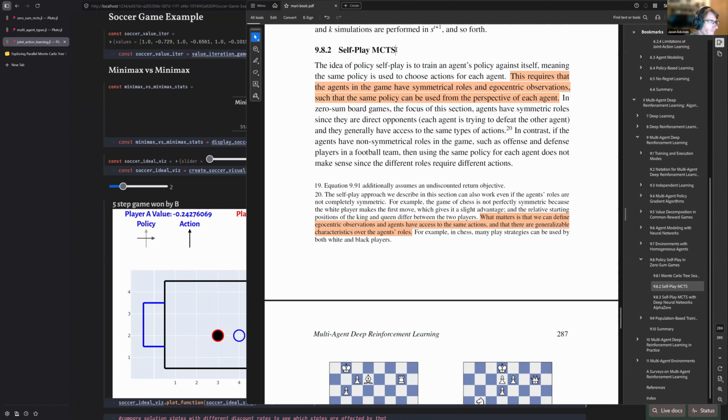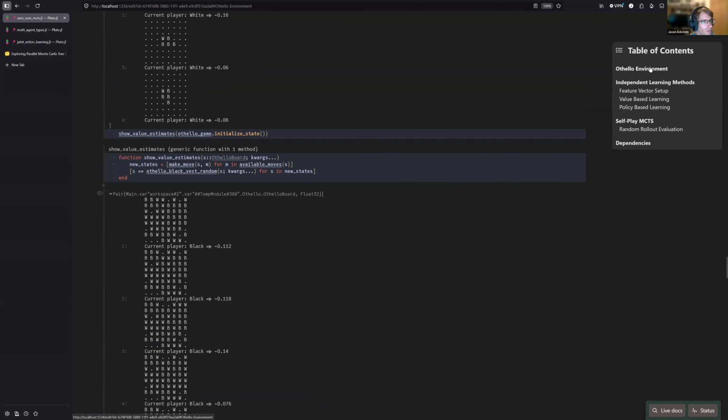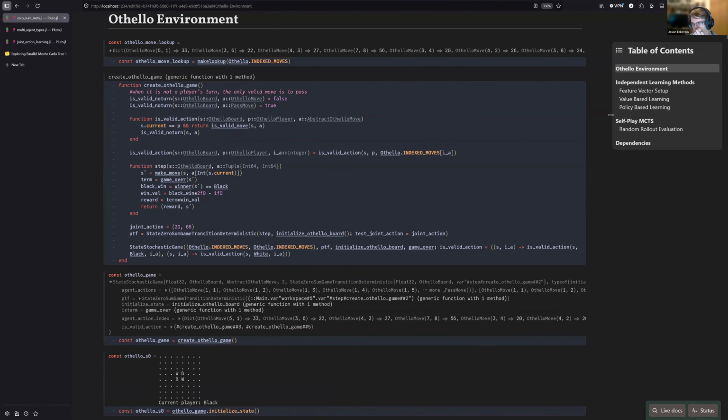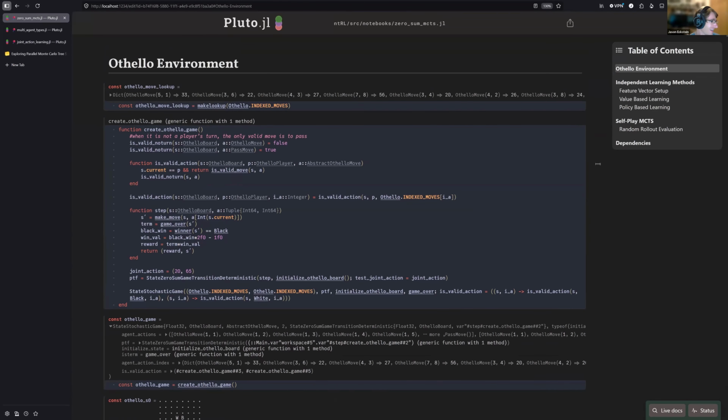So I'm going to introduce this environment that hopefully I'm going to add to over time. I just wanted a simpler game than something like chess, which is really complicated and has a lot of rules. I can explain it a little bit, hopefully, if people aren't familiar. There's a game called Othello,